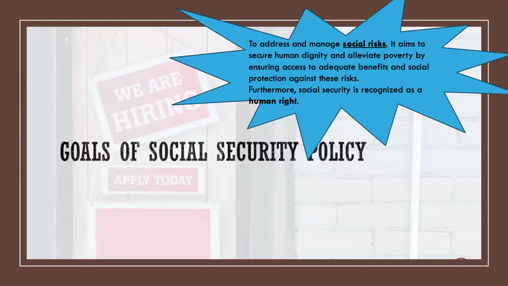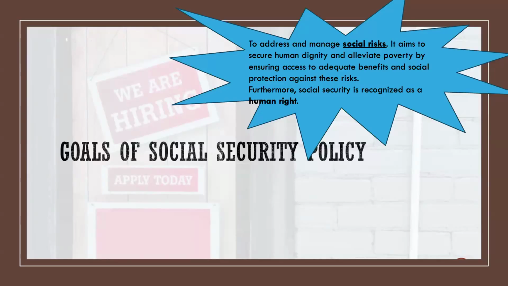Again, social security is one of the key contested areas of social policy, reflecting differing political values and how people's experiences continue to raise questions about fairness, entitlement, and the role of the state